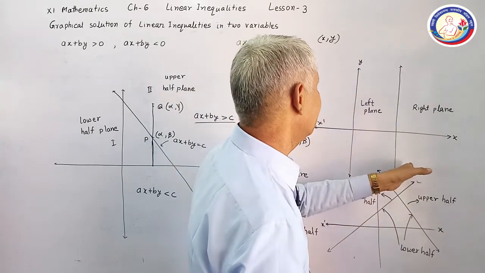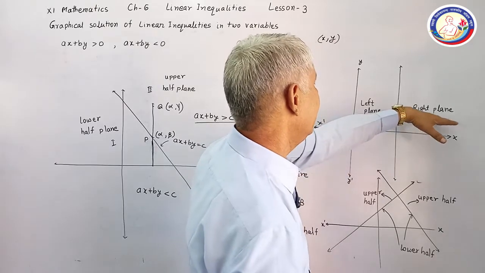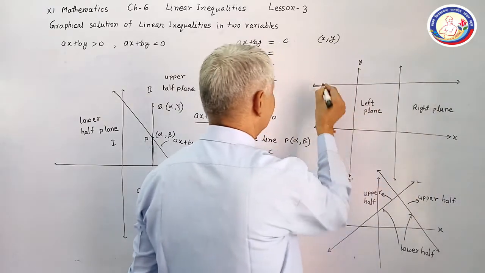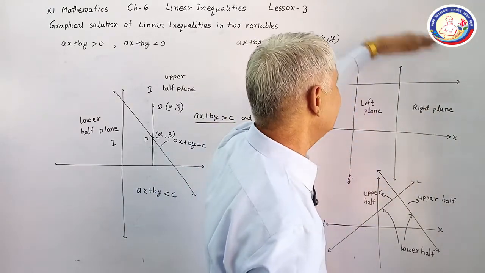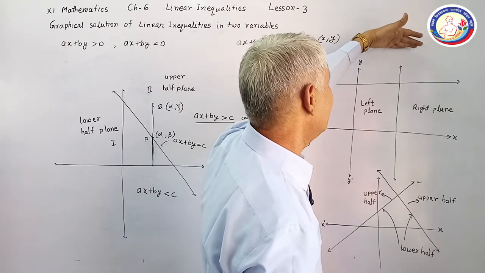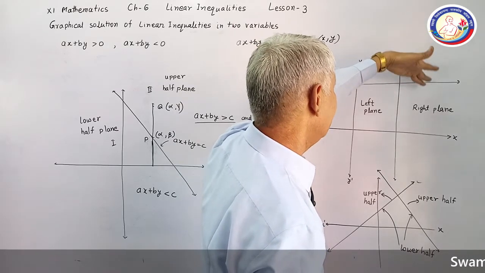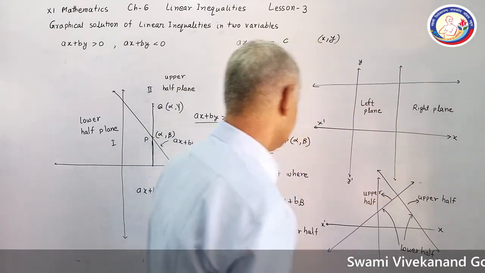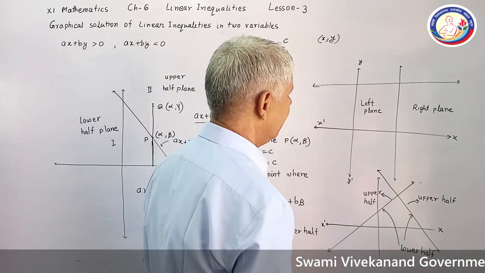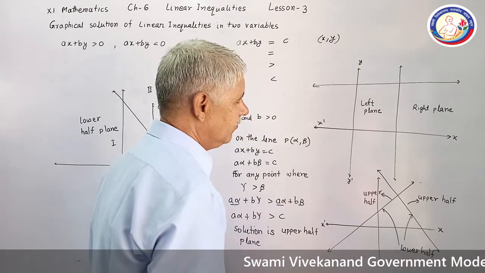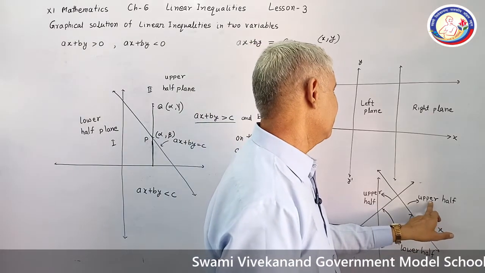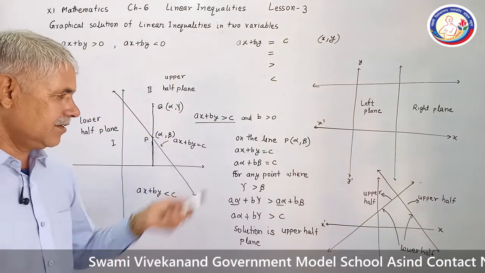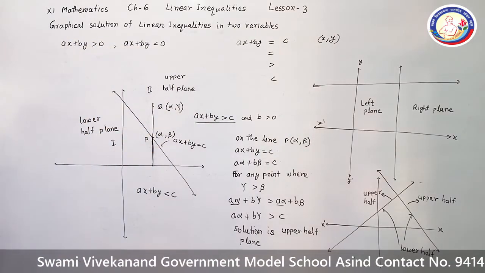This is for these two lines. This is a vertical line and it divides the plane into two halves. If there is a line parallel to the horizontal, it will also divide the whole plane into two parts, upper half and lower half. This is parallel, but we can take it as a transverse line or oblique line. Now we come to understand how we can determine which half will be the solution of the inequality. I am taking an example to demonstrate it.